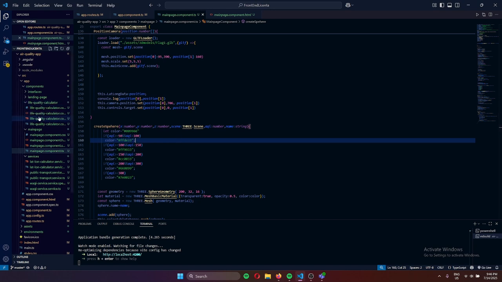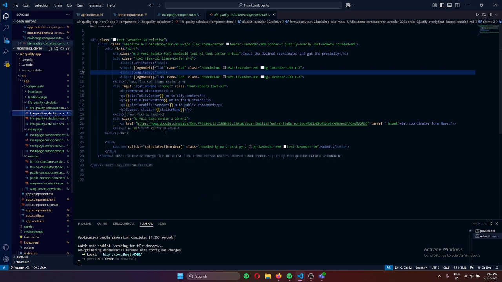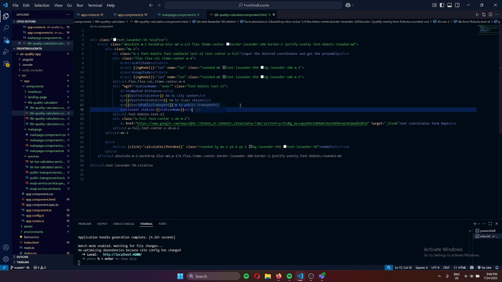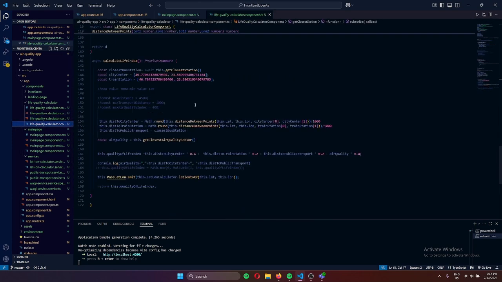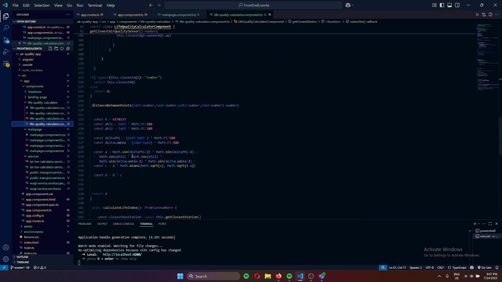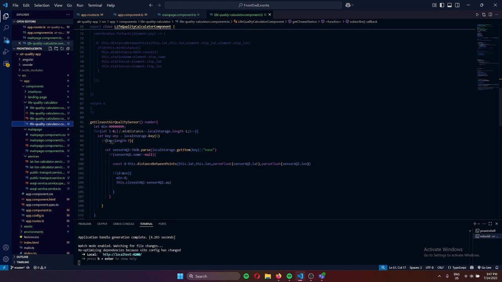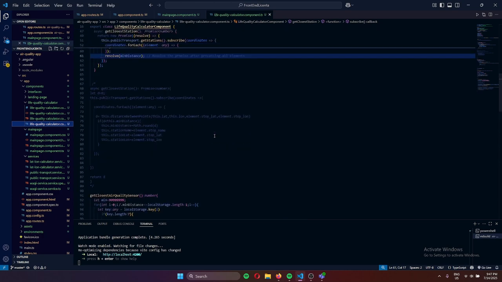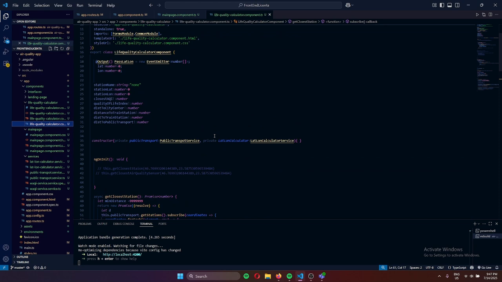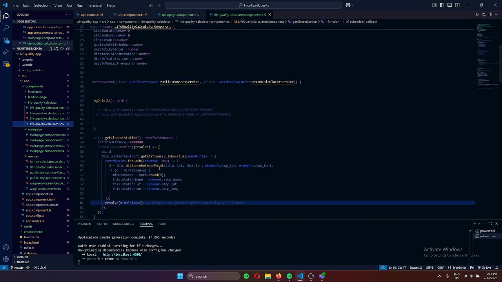We can then move on to the other important part, which is the life quality calculator, which then uses the ngModels in order to efficiently display data from the life quality calculator. It uses a Haversine formula in order to take into account the spherical attributes of the Earth, as well as an API to find the distance and all of the specific public transport